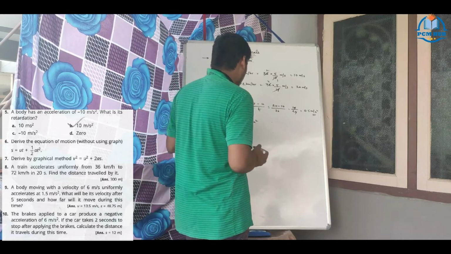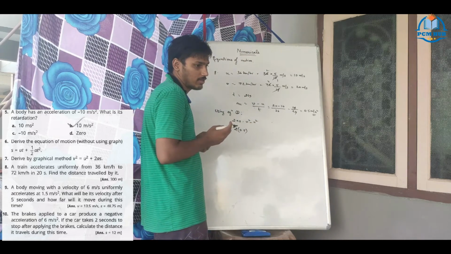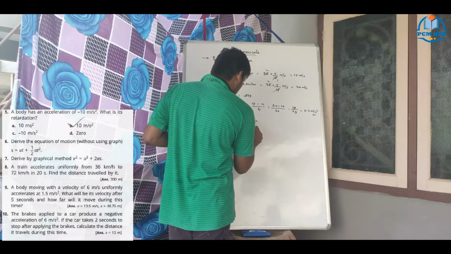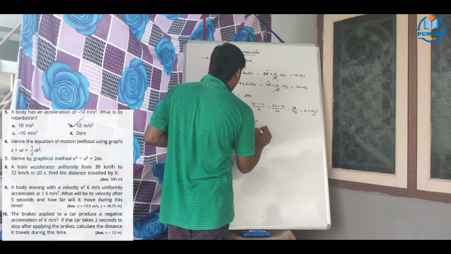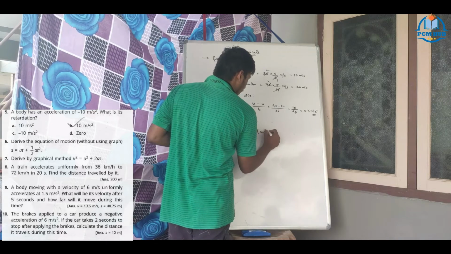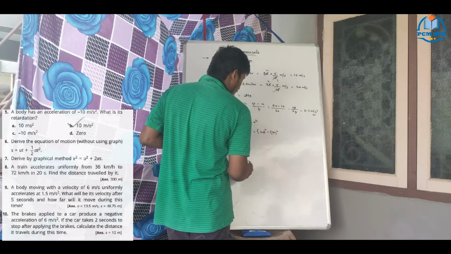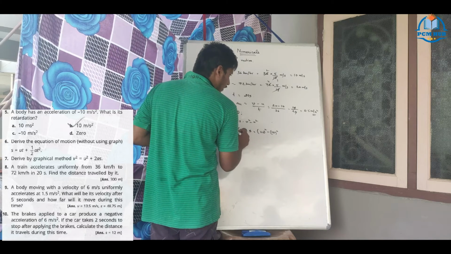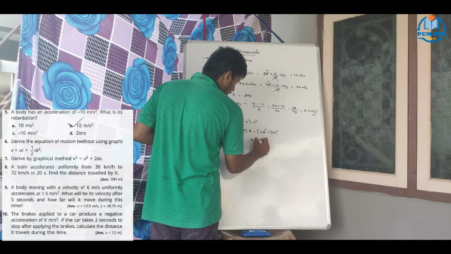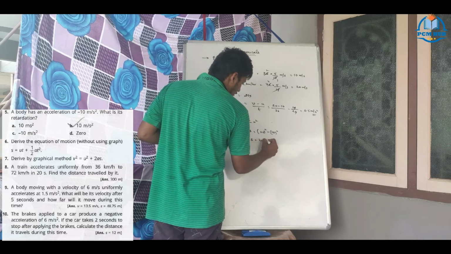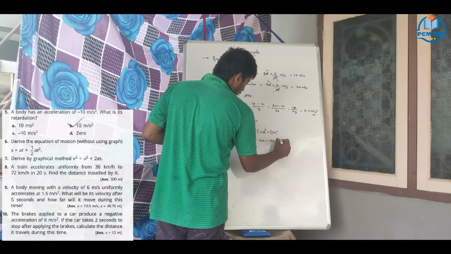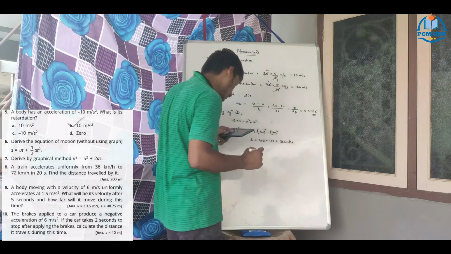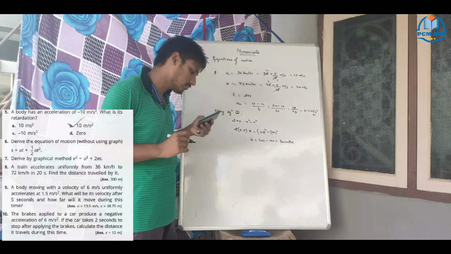So for acceleration, it is compulsory. Compulsory for distance finding. What is the distance? Distance is s. V square is how much? 20 square minus 10 square. So it is 1. 0.5 into 2 is 1. So s equal to 20 square is 400 minus 100. It is 300 meters. So answer is 300 only, na? 300.